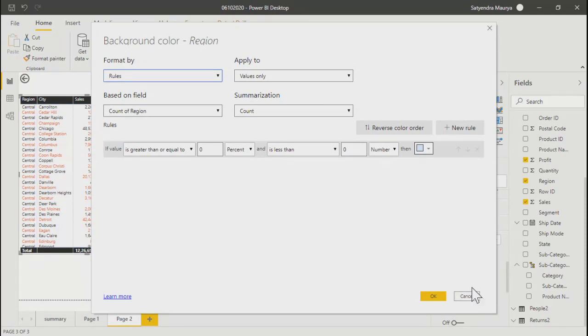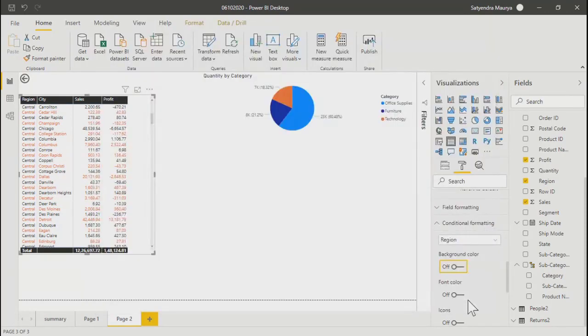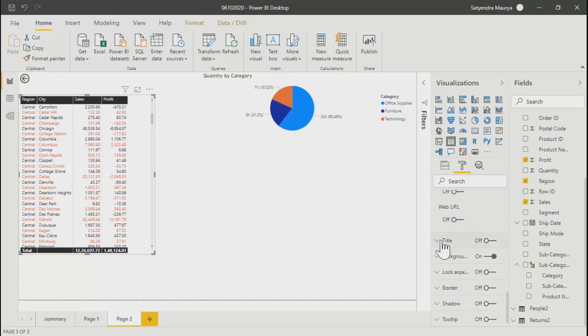So I'll just cancel it for a moment, and then let me go down. Okay, then for title, of course title is not there at this moment. See, the title text is not there, so you can enable the title text, and then you can put your title, that what you want to show. This title will be specific to this particular chart, not the whole page. Title for this particular cross table.